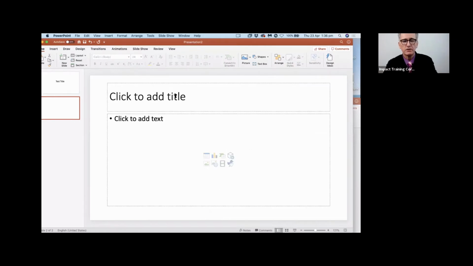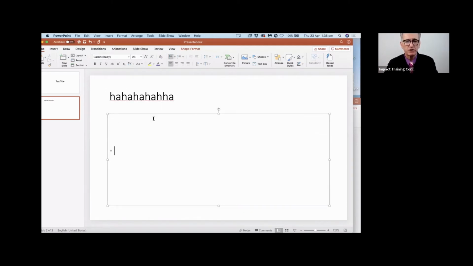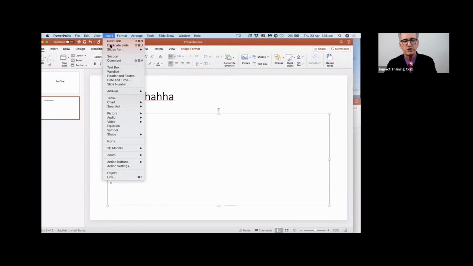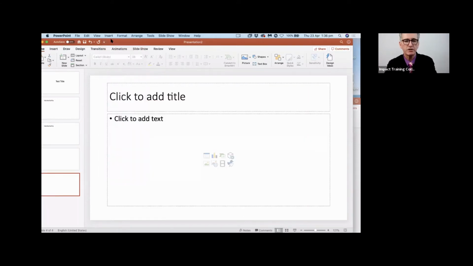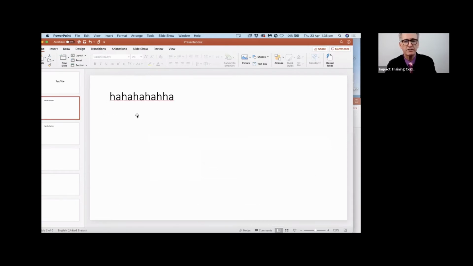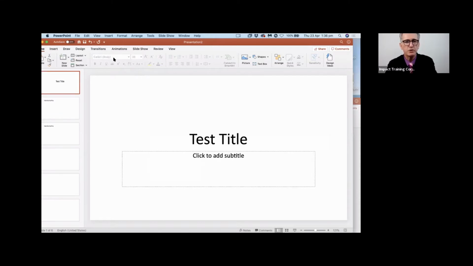Over here now, you've got what you're going to put at the top of each slide. So you will type in whatever goes there, and then you would put in your bullets or whatever it may be. It could be text, it could be anything. What I normally do is go down to duplicate slide, and then I just keep inserting a new slide. I like to have them ready to rock and roll so I know how many I'm going to do. This is what I do. And then I'll start typing in what needs to go in. So that's how you would change the different type of font at the top.